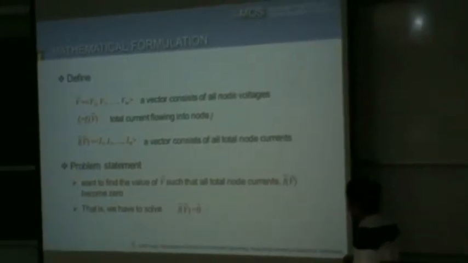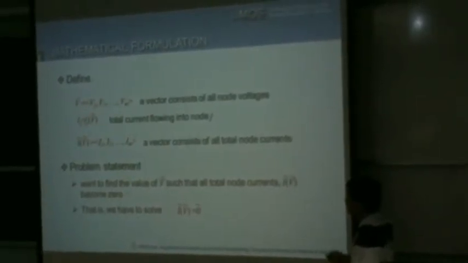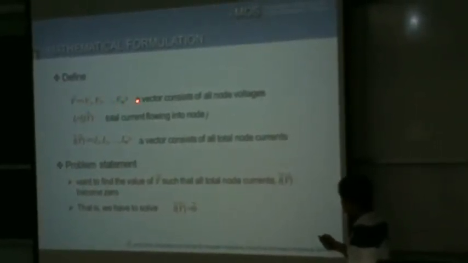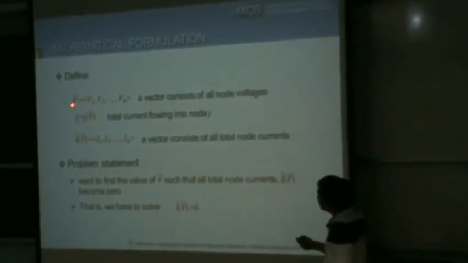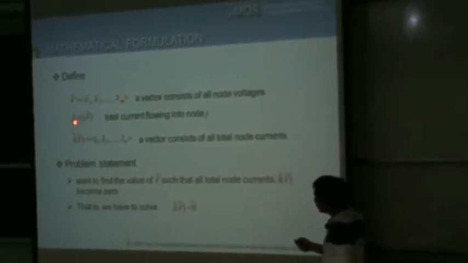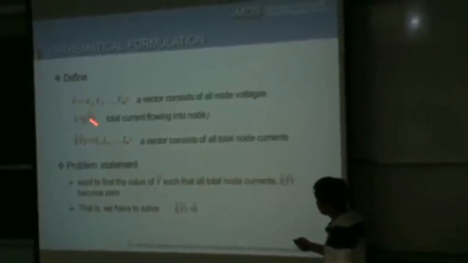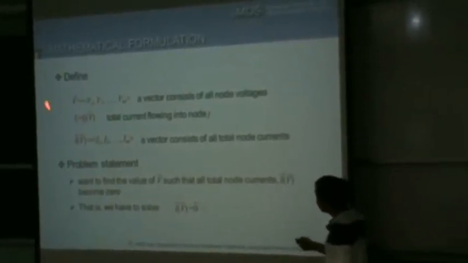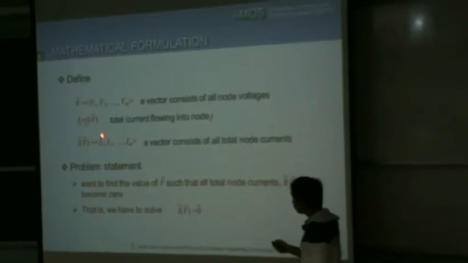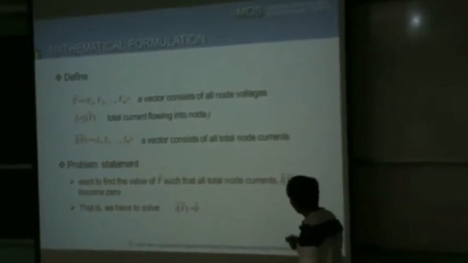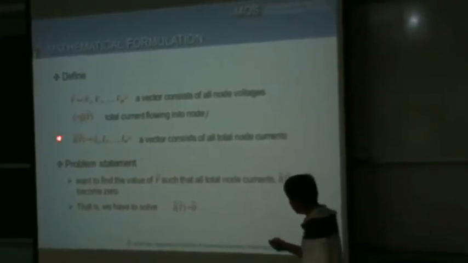Now, let's put it into more mathematical form. Suppose I define a voltage vector. The voltage vector is just a collection of all the node voltages put together. Based on these node voltages, for the circuit, I can calculate the total current going to node J, which is some function of all the node voltages. Then I can collect all these currents to form a current vector. This current vector tells you all the currents going to all the nodes. Suppose there are m nodes in the circuit, with m currents and m voltages, so it's in vector form.